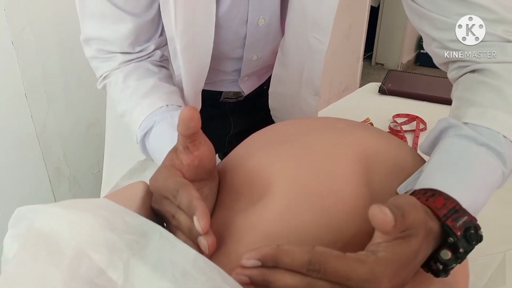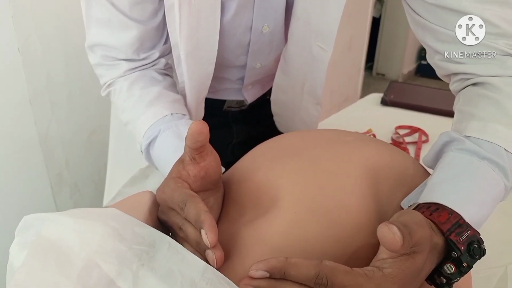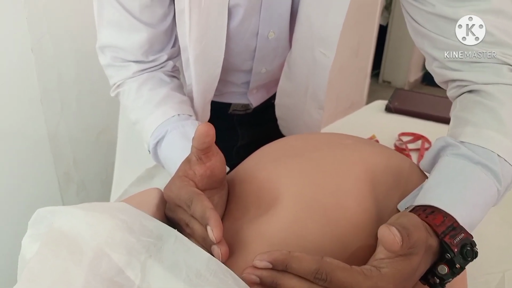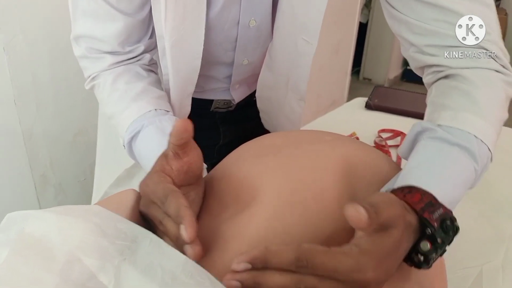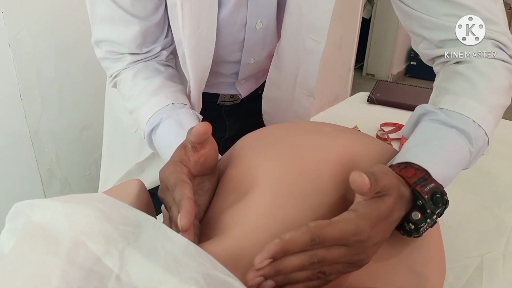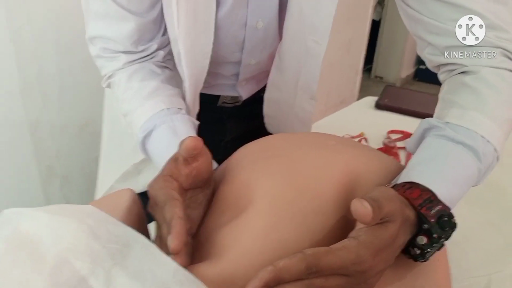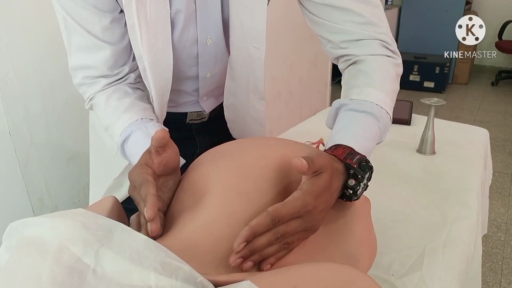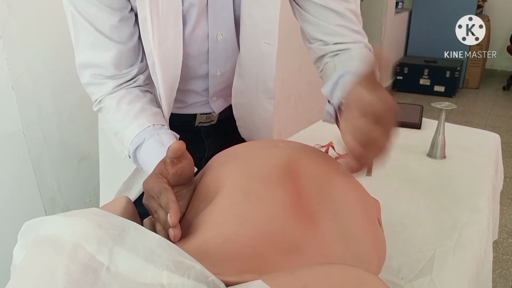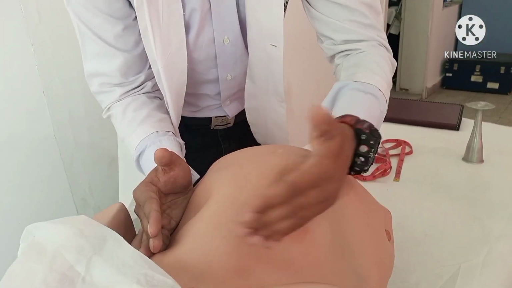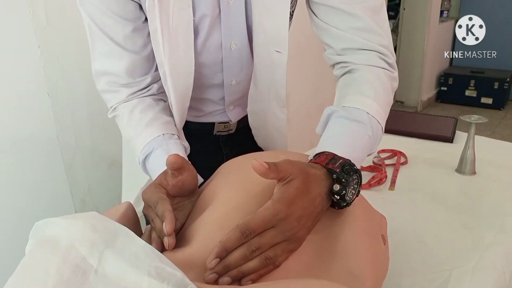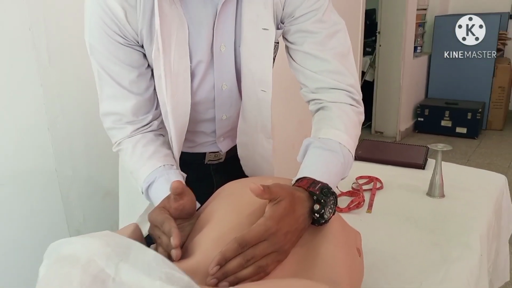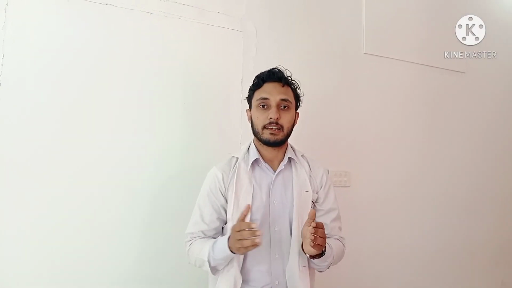If we feel most of the fetal head but our hands do not meet, it means that it is 4/5 palpable. And if we feel an equal part of the fetal head, this means that it is 3/5 palpable. And if we feel the fetal head only on one side, it means that it is 2/5 palpable. And if we do not feel anything at all, it means it is 0/5 palpable. And if the fifths of the fetal head are less than 2/5, it means that the fetal head has engaged.